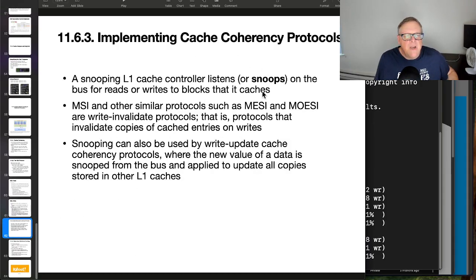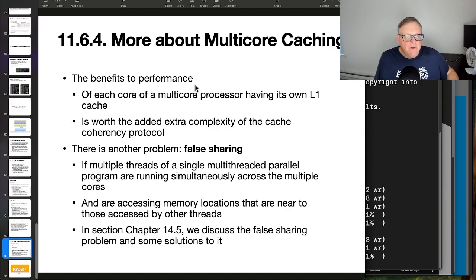Another way is that a snooping controller snoops on the bus for reads or writes. So it knows when people are reading or writing to blocks that it has cached, and there are other techniques, just ways to try to keep track of when the cache is changing. Anyway, each core having its own separate level 1 cache is so much faster that it's worth all this extra arguing and negotiating between devices. You still save time. There's another problem of false sharing,